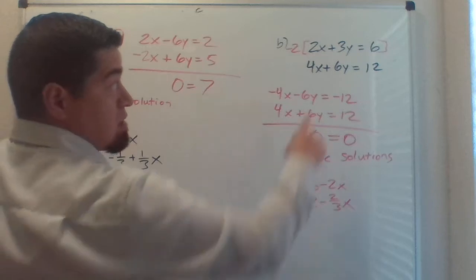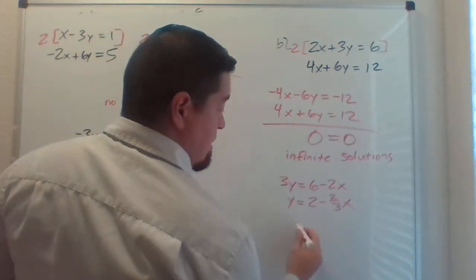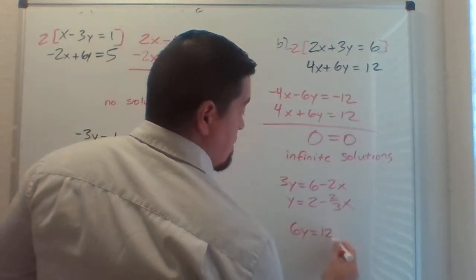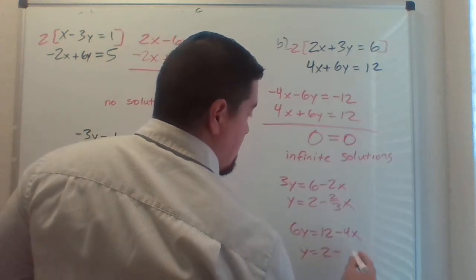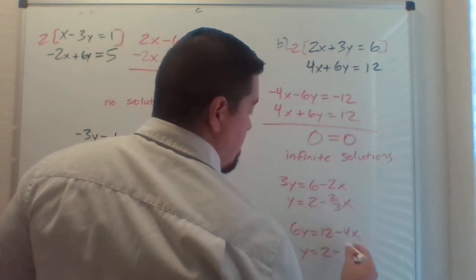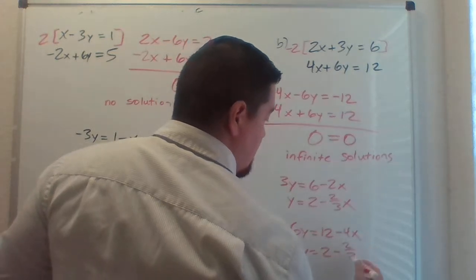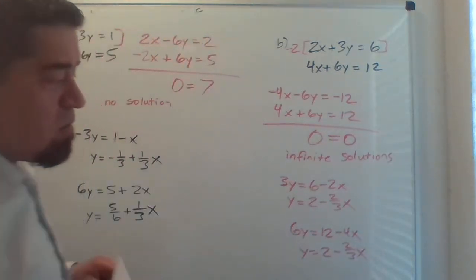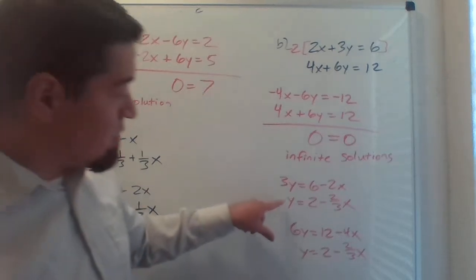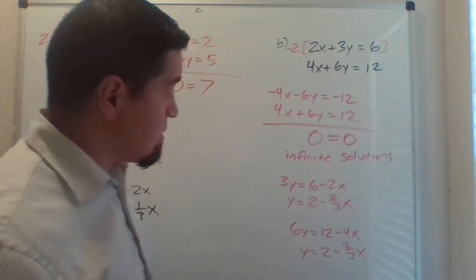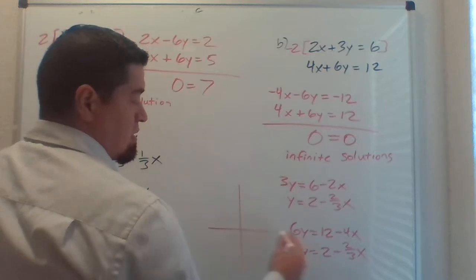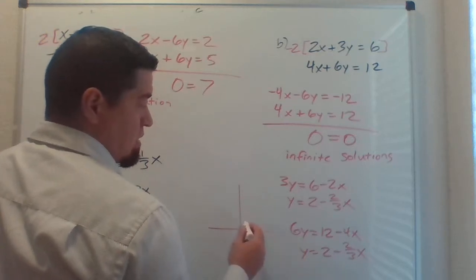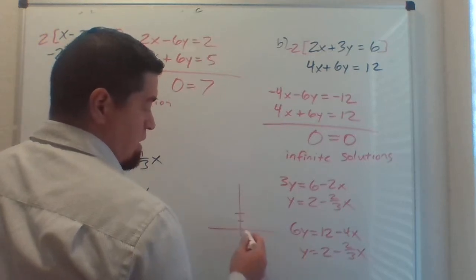Okay, and then solve this one: subtract 4x, and then divide by 6. And now it would be 4 over 6, which reduces to 2 over 3. And what do you notice? Well, this is exactly the same as this. So in other words, this line goes at 2, and then you go down 2 over 3,